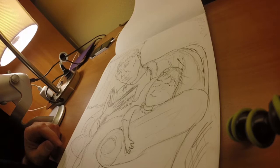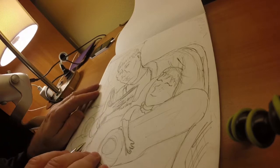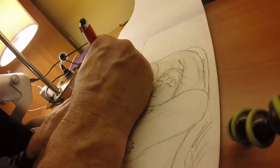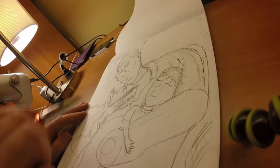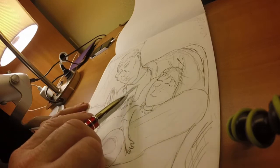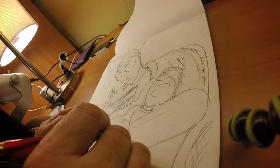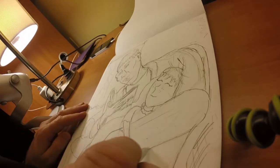Okay, now, you still probably can't make out a whole lot from the drawing, and that's perfectly okay. That's because I'm going to color it in now and hopefully make things a little more clear. But what you're looking at here is Frank, and he is reading a bedtime story to his sleeping daughter. Now this is where we're getting into spoiler area. As you may or may not know,